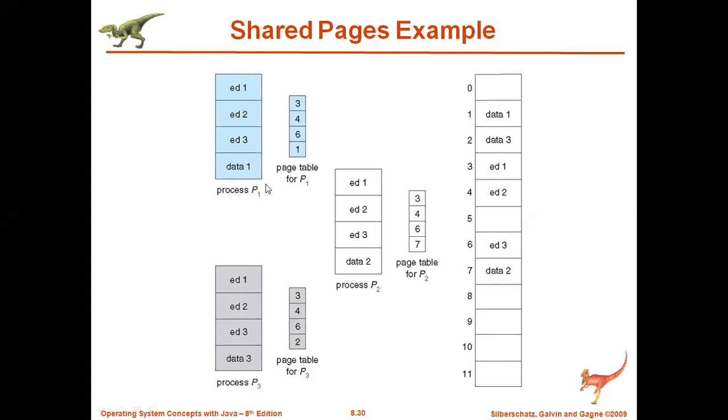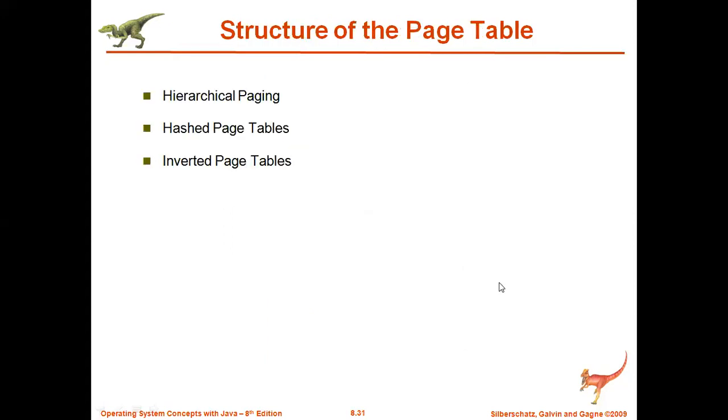Like this, multiple processes can share the main memory, because multiple processes will be there in our operating system. Each process will be divided into multiple pages. Then pages will randomly occupy the main memory, but they will be identified with the help of page addresses, that is nothing but the process ID also: P1, P2, P3. So this is how they will share the main memory.